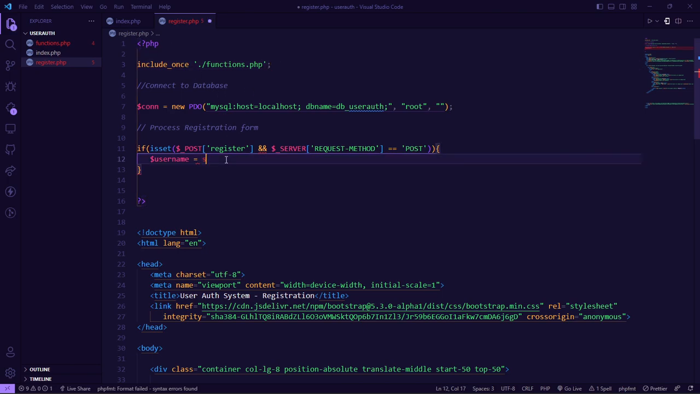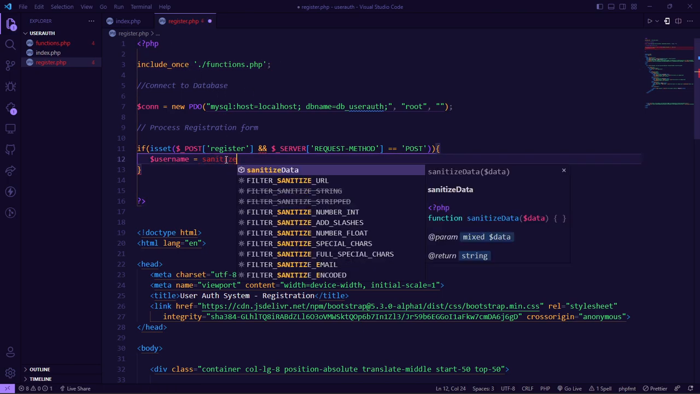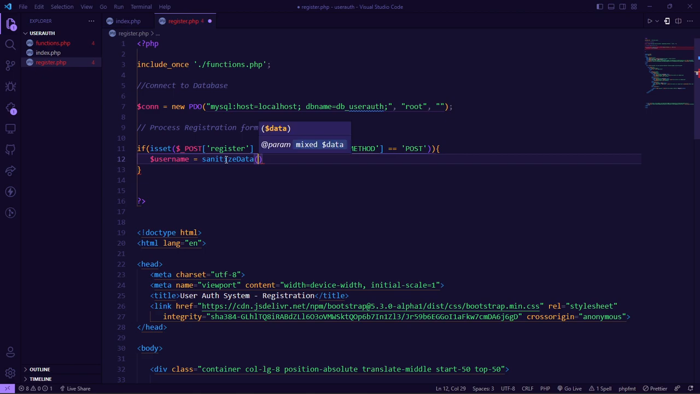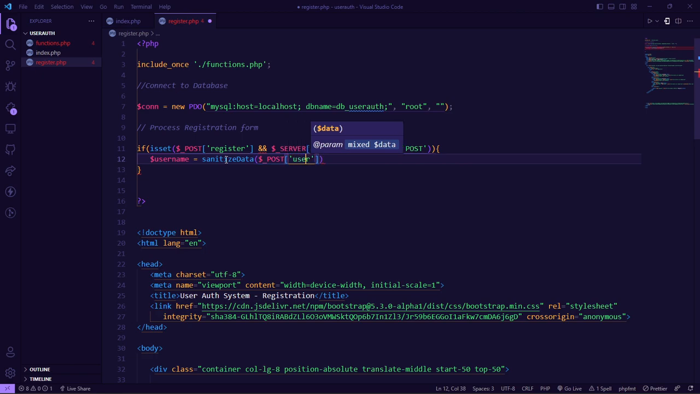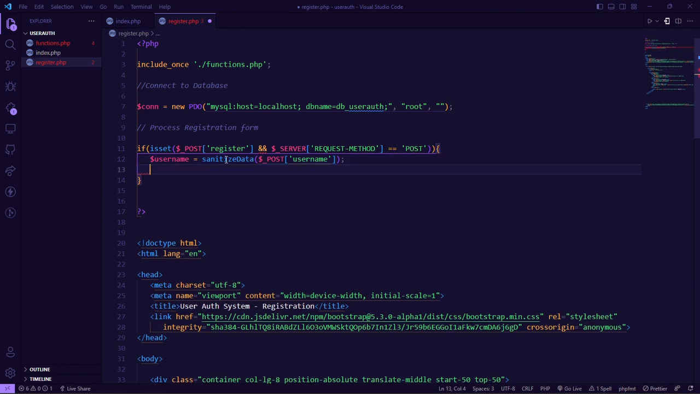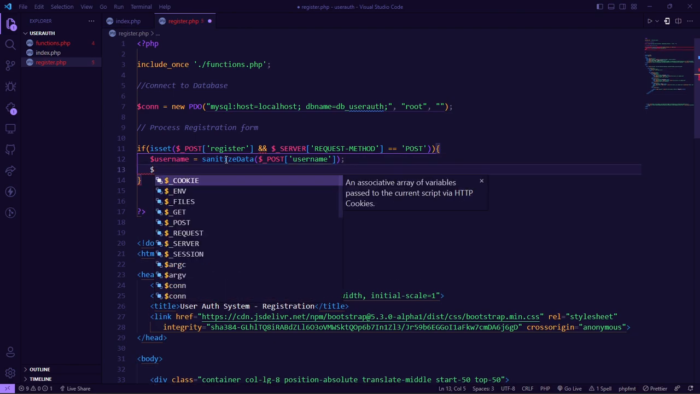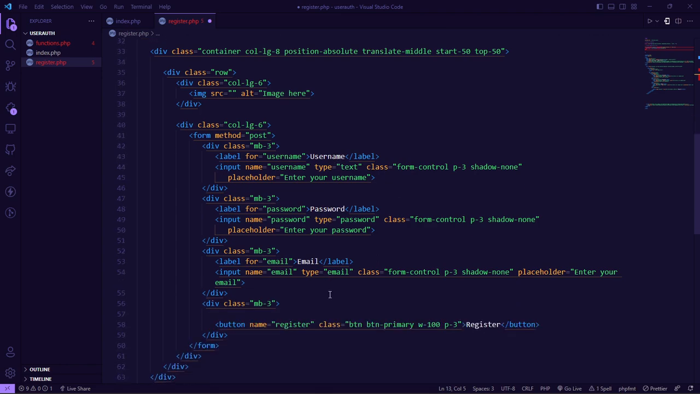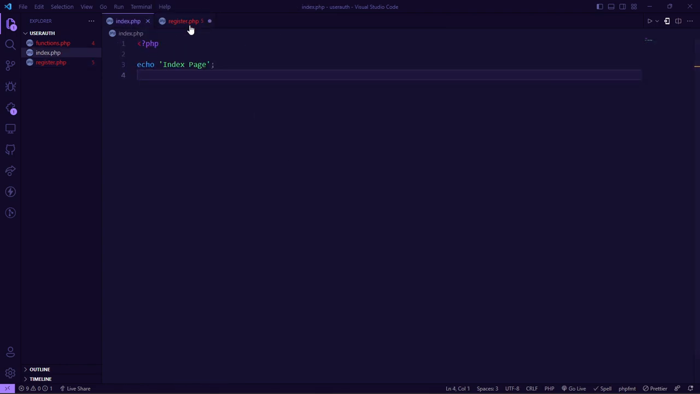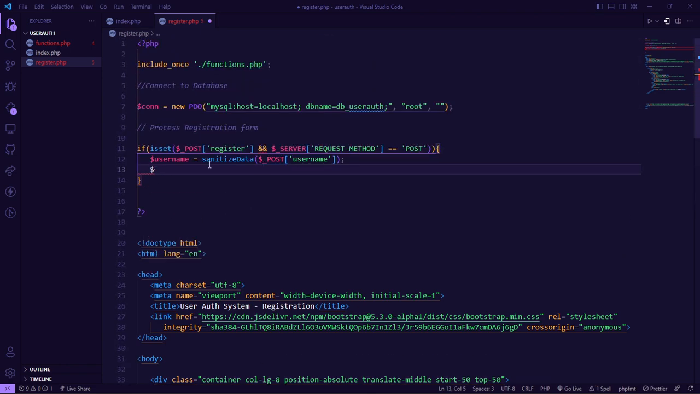So I'll say sanitize data, and then I'll pass in post, I'll say username, because that was the name we gave to the username field. And I'll say that we also need what, we need a password. Let's go back and see that: username, password, and email, right? Good. So on top there, password should be equal to sanitize